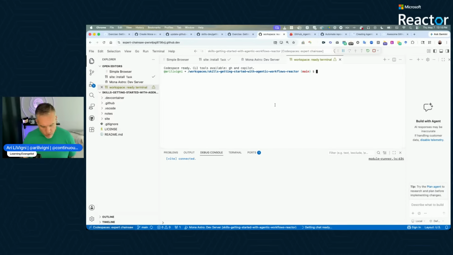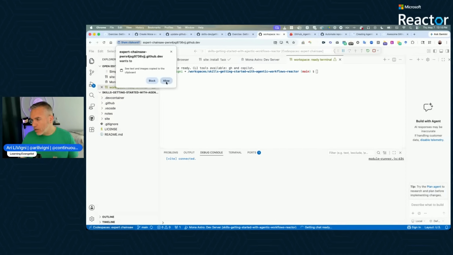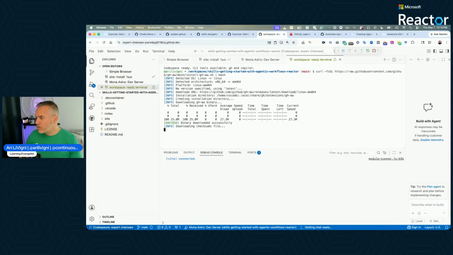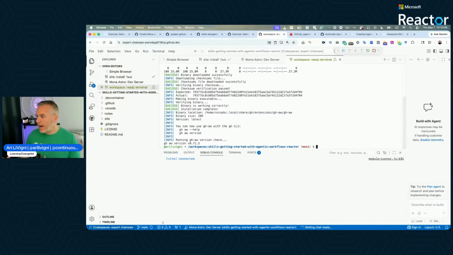So I'll come into the terminal and I will always click allow here. It's just asking you about copying, pasting in your code space. It's kind of a normal thing that it does. So now we have the latest version of GitHub Agentic Workflows. This can also be run. This is an extension to the